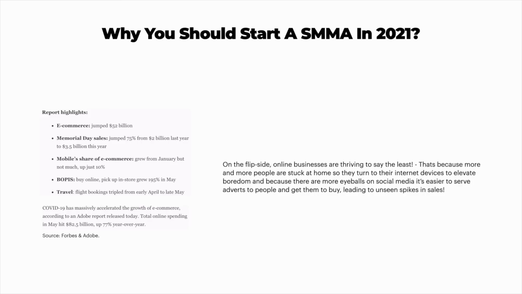And as you can see on the left hand side of the graph, e-commerce sales has basically jumped 52 billion in sales over just a 1 year period, all because of the whole COVID thing, which is absolutely insane. You can obviously pause this and read some of the stats, but I want to make sure that we go through this. So guys, as you can see, COVID-19 has accelerated the growth of e-commerce tremendously. This is according to an Adobe report that I actually found. I think it might be a couple of months old at this point, back in 2020. But as you can see, it's saying that total spending in May hit 82.5 billion, which is up 77% year over year, which is obviously insane. And again, if you want to check this source, it's from Forbes and Adobe.